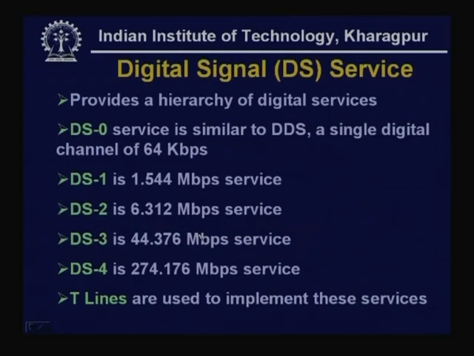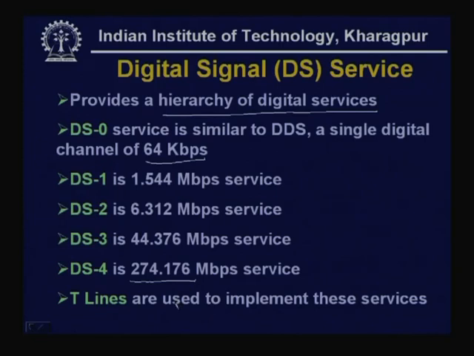Finally, you have the digital signal service, and this digital signal service, DS service, provides you a hierarchy of digital services. Here the bandwidth requirement can be as small as 64 kilobits per second, and as your need grows it can go up to 274.176 megabits per second. So, the hierarchy is available